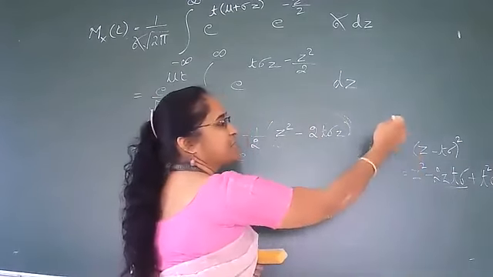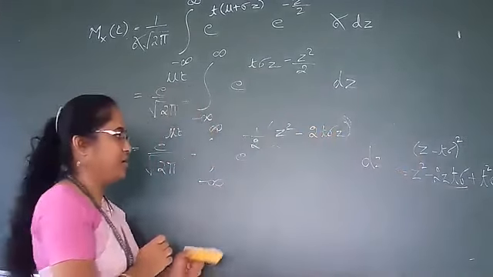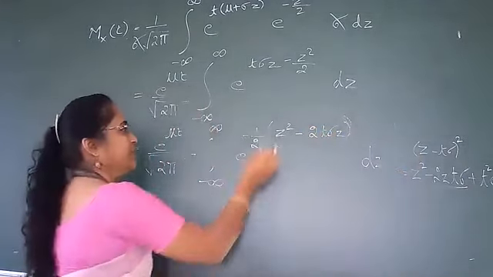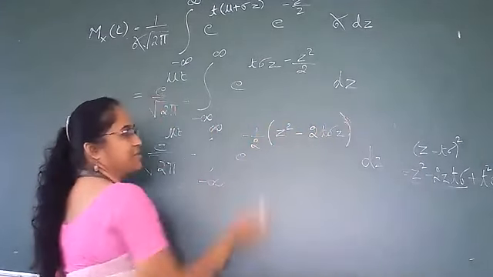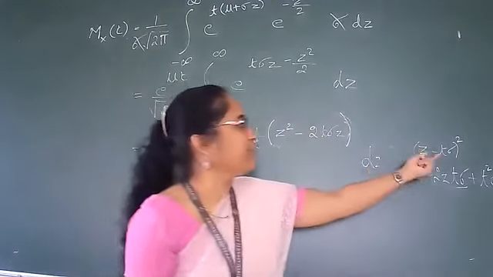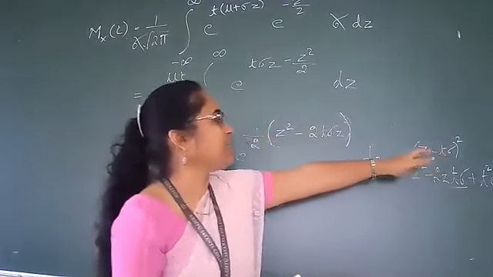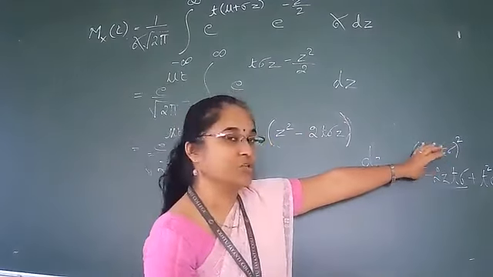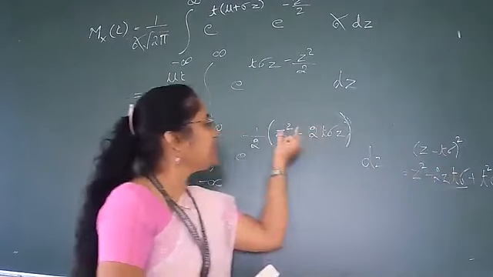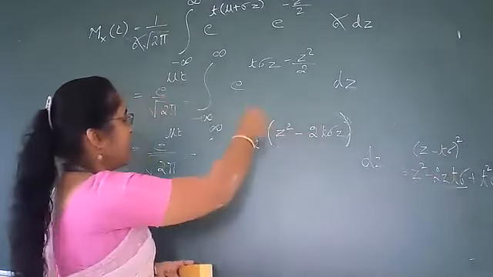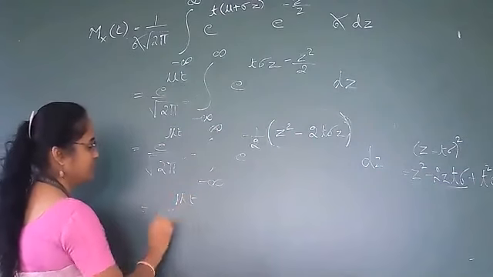z minus t sigma the whole square minus t squared sigma squared. I hope you all have understood it. This happens to be the first term and the middle term of this expansion. If I expand z minus t sigma the whole square, I will get it, and the first and second terms are the same as what I have over here. So I can write this as e raised to mu t upon